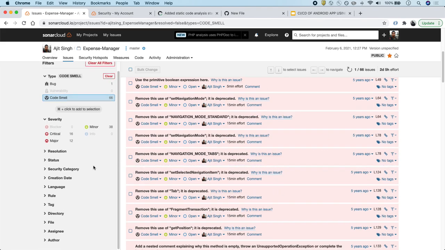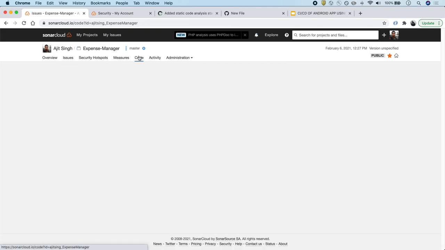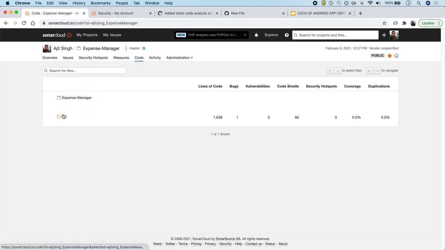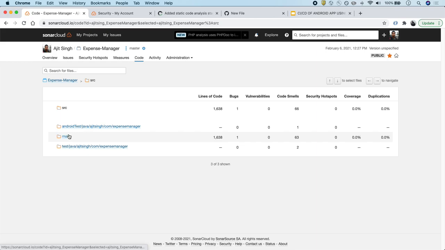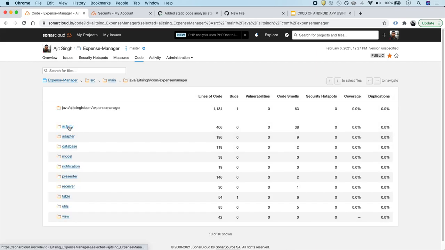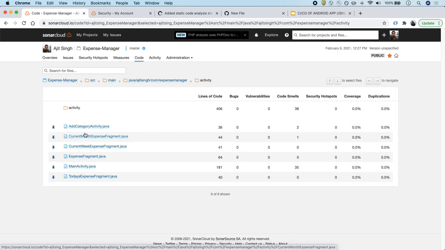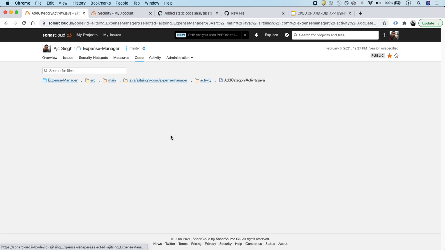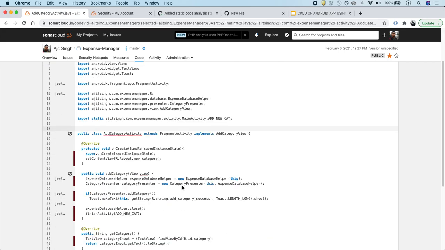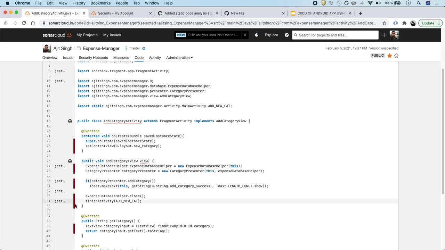Okay, and you can also look at the entire code base from here. Let's look at one of the files, and let's see what it's trying to tell us. Let's look at category. Okay, the red line that you see on the left says there are no unit tests present for this code.